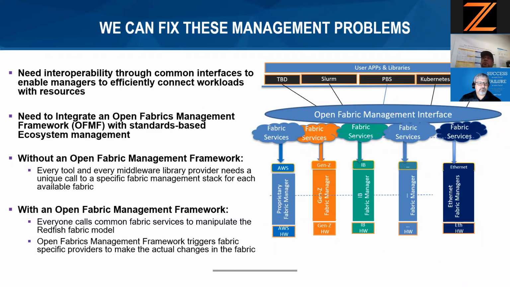So with the new framework, we think we can add poly instantiation for security. We can add things like multiple fabrics. We can subdivide fabrics. We can add something that agents for the fabric providers can connect to, and people can pull for information on the fabrics, which makes things a little easier. Without a fabric management framework, every tool provides a unique call, and they have to go,